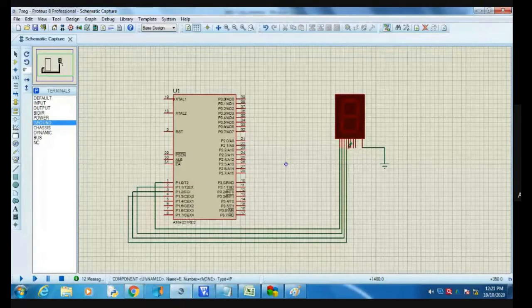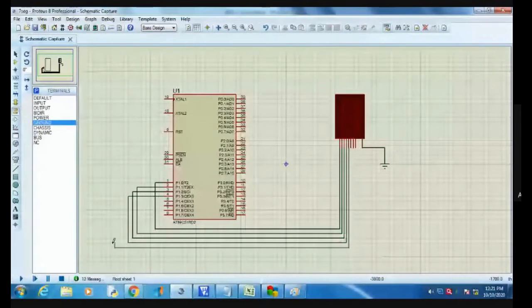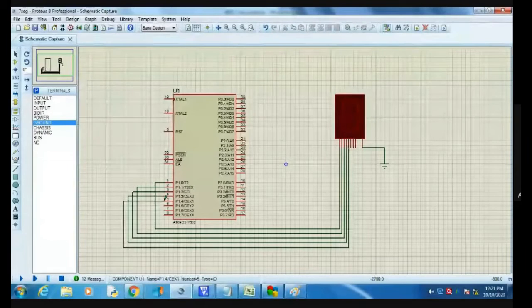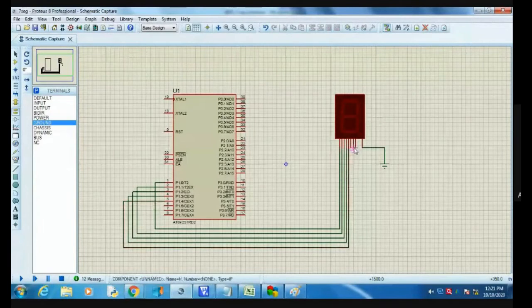Be careful, if any one terminal gets shorted, then the result will not be displayed. Be careful about the connections.